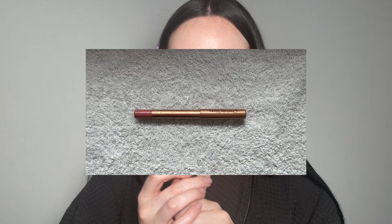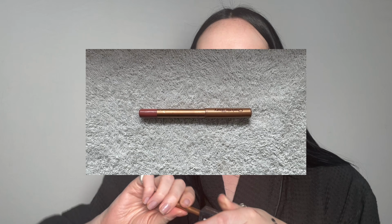This is the brow pencil that I also use on my eyes, that I also use on my brows. And this is Charlotte Tilbury. Don't know the shade because it has completely rubbed off. But I've been obsessed with this one, so I'm going to do it. Kind of over the excessively cool toned lips that I was doing for a while, and really loving this. Especially for summer, it just looks more like...